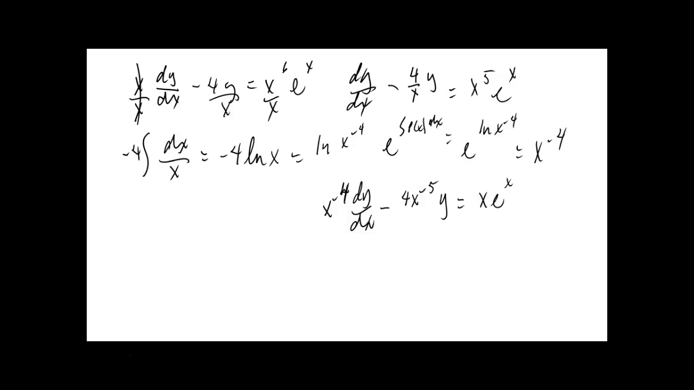Okay. Why did we do that anyway? Why was the whole process of multiplying by e to that? It was called the integrating factor. You want this to be the result of a differentiation of a product rule. So this would be d by dx of